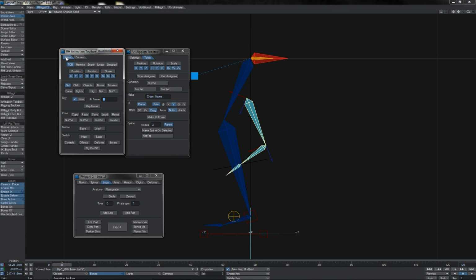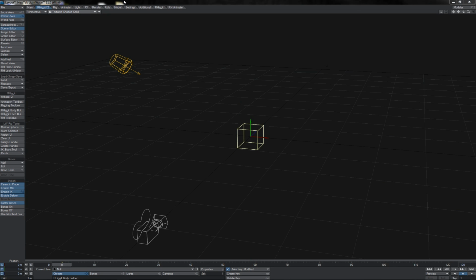So there we have it, a bunch of extra little details of stuff that Rhiggit can do, stuff that you can expect and explore, helping you to create the best rigs in exactly the way that you need them for any given character or situation. So last of all, here's something I want to show you, and it's not a feature